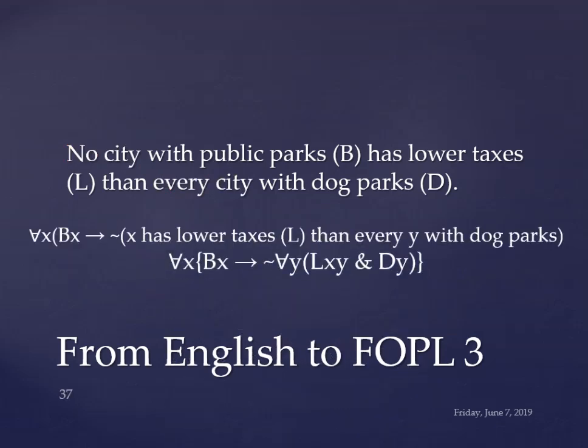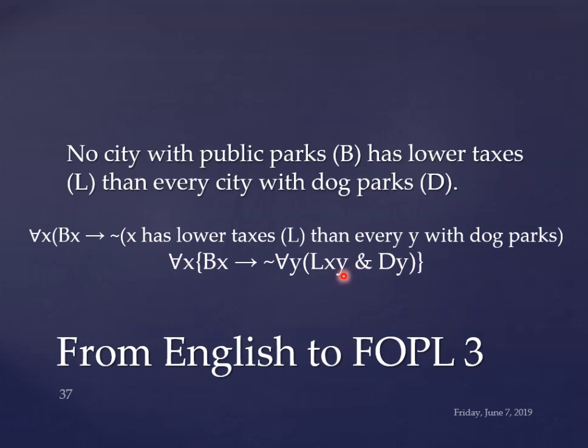Here's how it looks. What you do is you now have this negation negating a quantified sentence that is talking about all of the y's that have dog parks. And this word "with" here is signifying a conjunction, because what's happening here is we're talking about the cities that have public parks having lower taxes than every